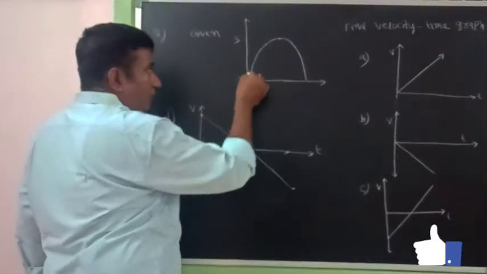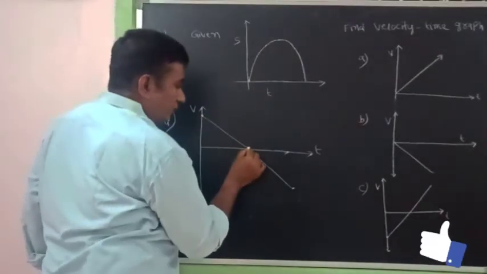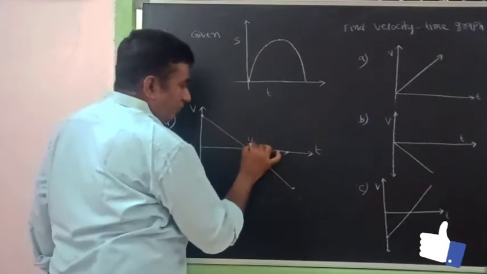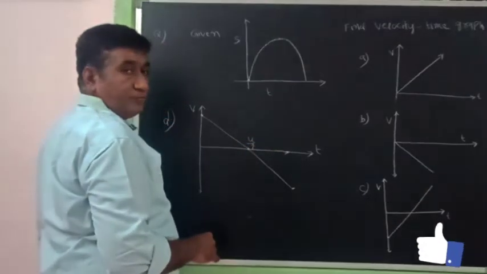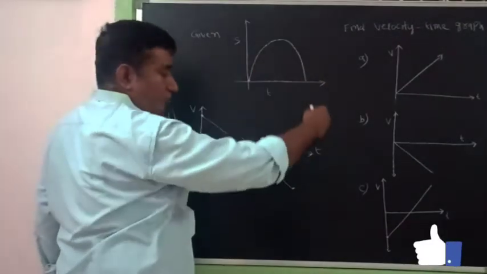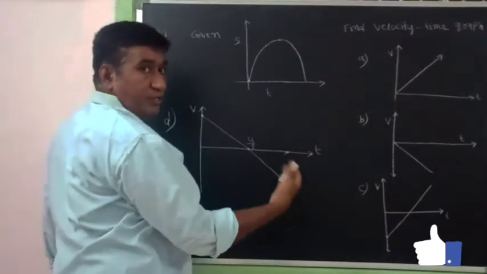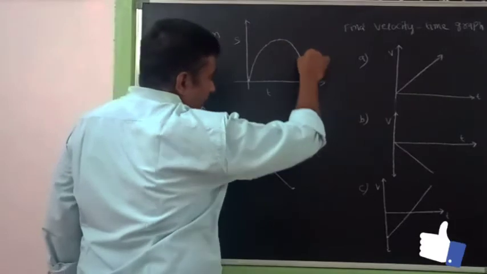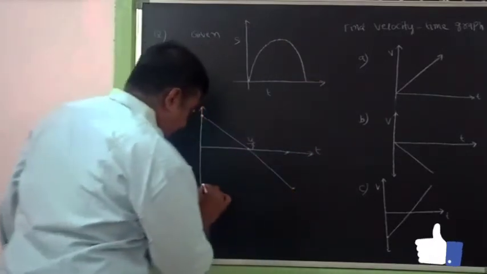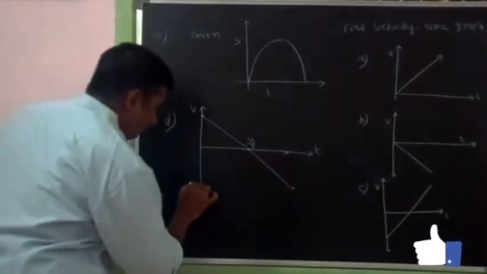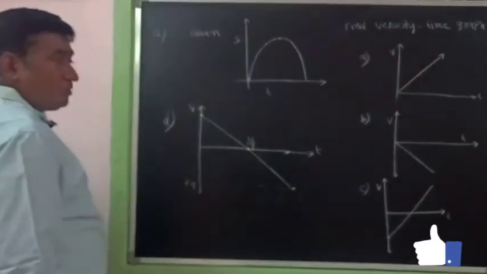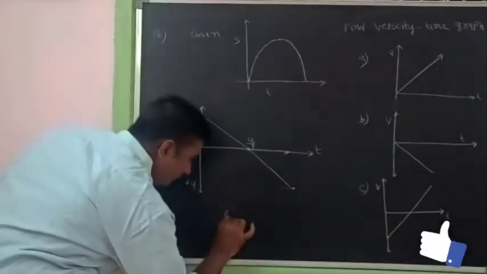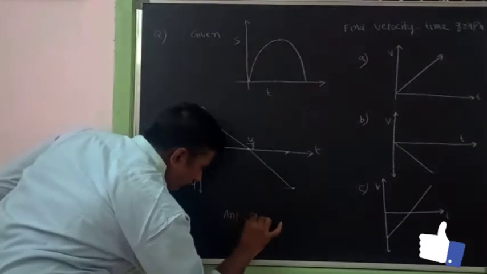What will happen is this velocity goes on decreasing, this is nothing but the time of ascent. Next after that it moves, that velocity will become negative, so that decreases. In such a case, finally it comes, so this one is nothing but plus u. So then what is the answer? Here the answer is nothing but option D.